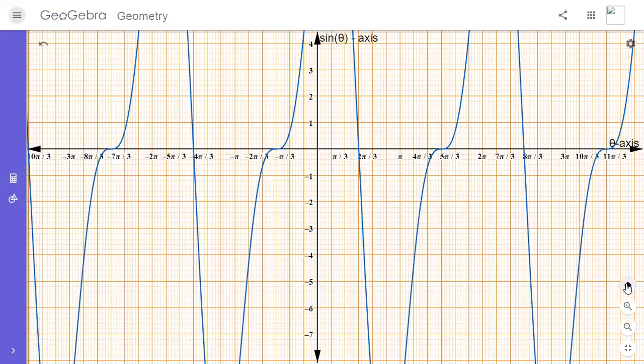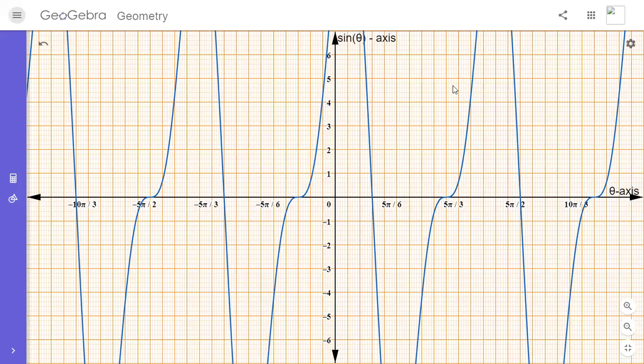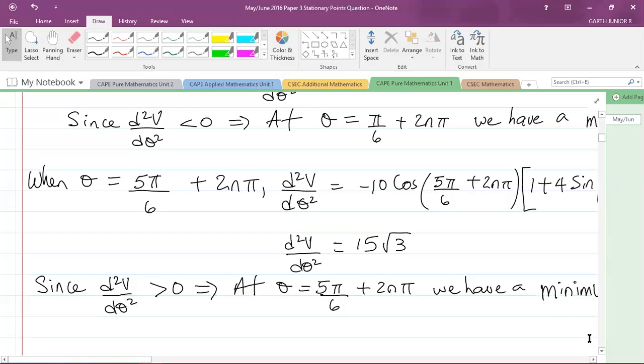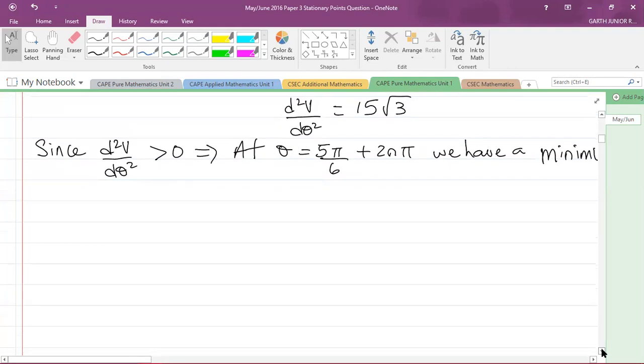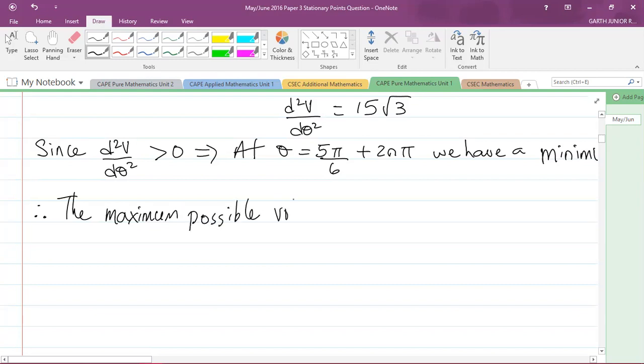So let us go back to our working here. So you should be seeing my screen again. So let me now find the maximum possible volume of the throw. I can now say that therefore the maximum possible volume of the throw is